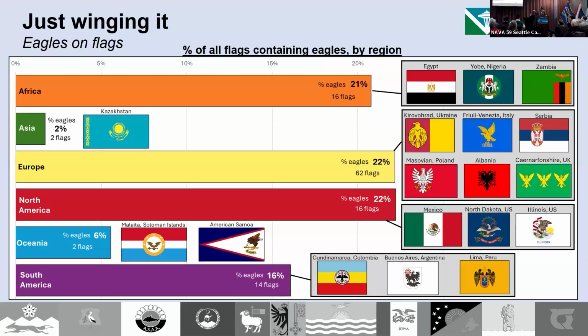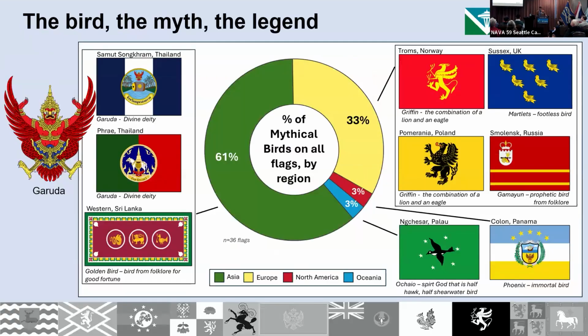Eagles are very common in North America, but where they differ is that North American eagles are a lot less stylized. They're more detailed, more biological. They tend to show more detail. That harkens back to the hideous seal on a bed sheet. Again, most of the state flags that have eagles are really detailed and not really that easy to redraw, for example.